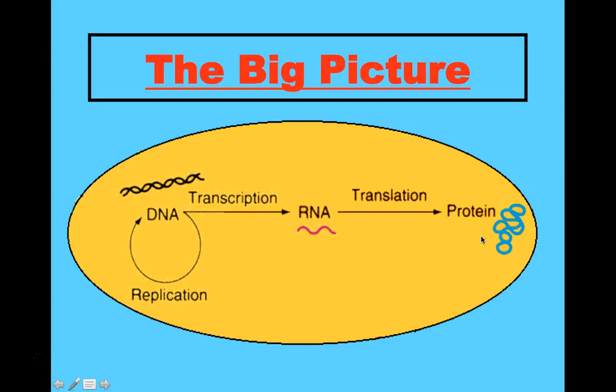So just to recap what we've done. We talked about a lot of stuff, and I just want to simplify it a little bit. Remember, transcription happens in the nucleus. This is where the DNA is held and it can't leave. Remember, we talked about replication. That also happens in the nucleus as well. The mRNA, which also starts off in the nucleus, is going to bond to the unwound DNA. It's going to code for the message. It's going to take the language of DNA and turn it into RNA. Then it's going to flow out of the nucleus, find a